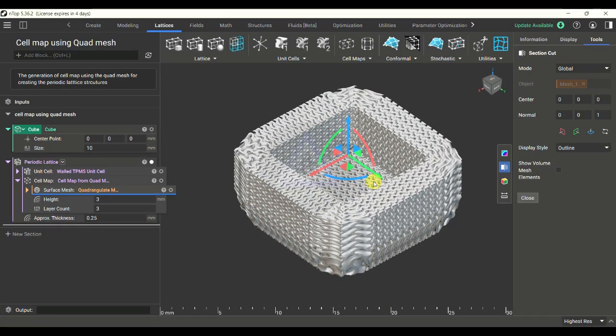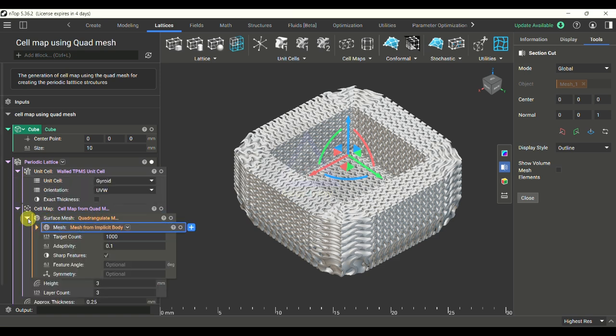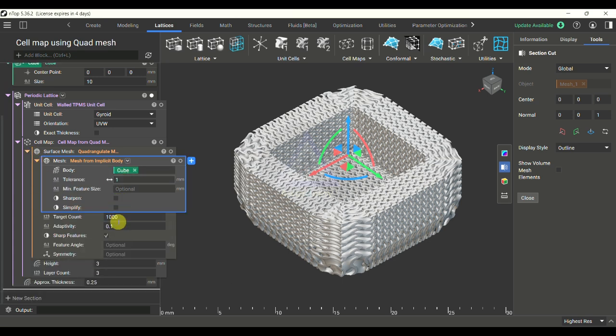I hope you understood till now, and you enjoyed this video and learned something. So now I'm going to conclude. In this lesson, we have achieved the creation of a periodic gyroid unit cell, especially using the cell map that is generated based on the quad mesh. Here we have defined various parameters, such as the mesh. We have used only quad mesh,